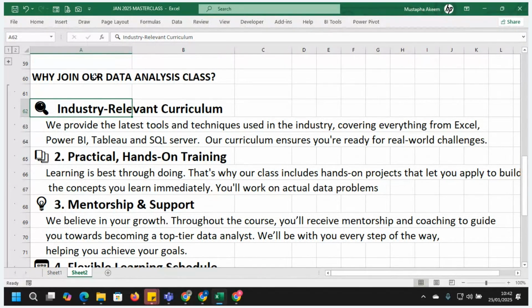Why? Because there is no straightforward curriculum. You just join this, join that, picking around, and every day you discover that you are nowhere, like in the middle of the sea. You don't know where you actually belong. So with our training, we are going to expose you to practical, hands-on training. They're not going to give you just theoretical training that tells you a story about the subject. No, all our classes from A to Z are practical, no story, practical classes.